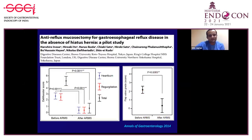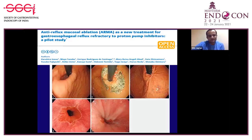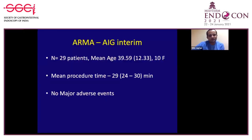Although this pilot study had shown some benefit at 6 months and 12 months in terms of total symptom reduction and heartburn and regurgitation improvement. Also, there is flap wall grading, which improved significantly at 6 months. So rather than resecting mucosa, can we just ablate using a TT knife or argon plasma coagulation, with or without lifting the submucosa with saline? This was also initially described by Inoue in this pilot study, and we've done this